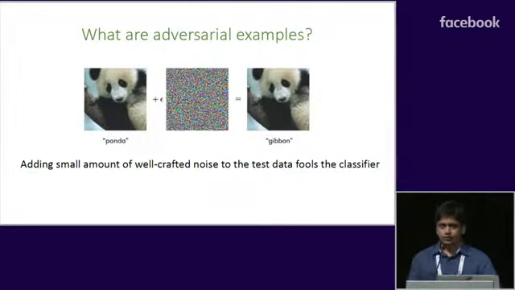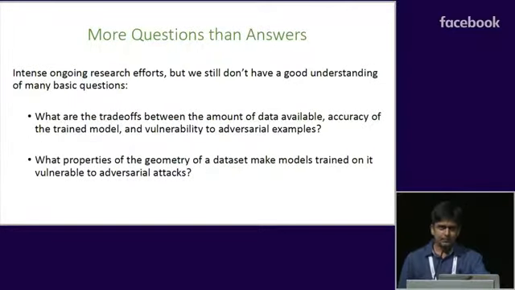In the past few years, it has been observed that most of the state-of-the-art classification systems can be fooled by adding a small amount of noise to the test data. These noisy data points are often known as adversarial examples. Despite the intense research efforts in trying to come up with classifiers that are robust to such noise, we have had limited success, and the problem has turned out to be extremely difficult.